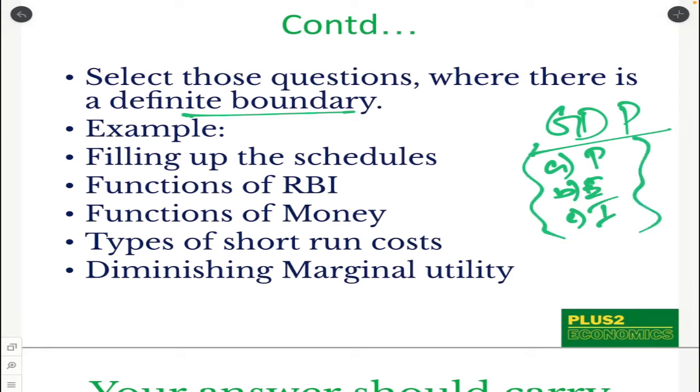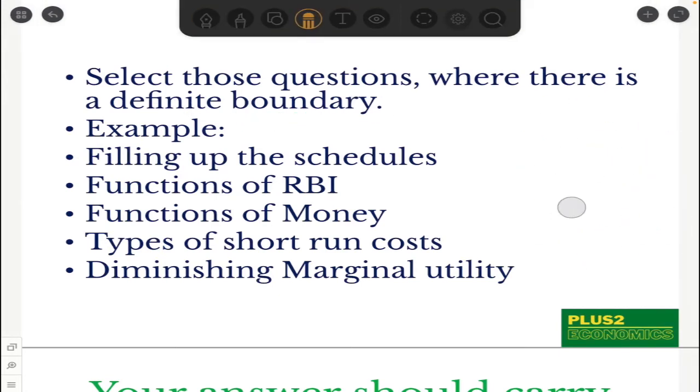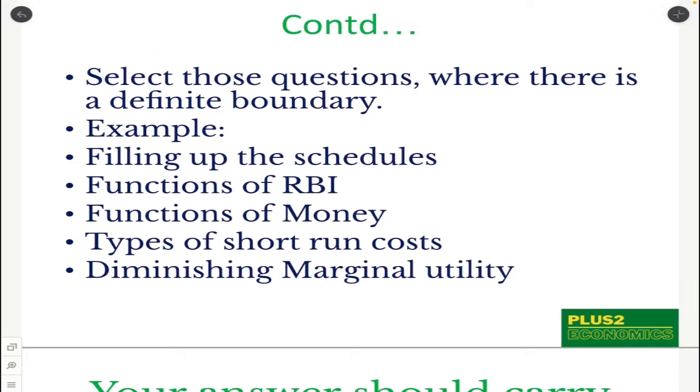So this question is asking us to explain all the 3 methods. It might not be there, but just giving an example. So this has a very vast boundary to cover, and there are chances where you may end up leaving out 1 or 2 points and you may lose marks. So don't select questions which don't come with a clear-cut boundary. Please be very clear that you select only those questions where the boundary is well defined.